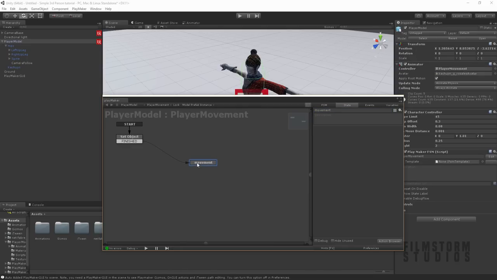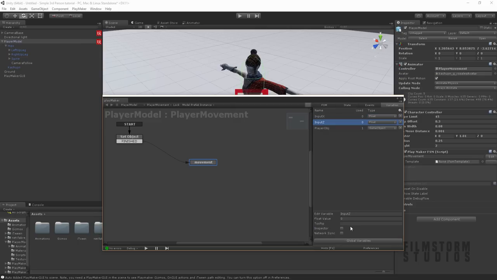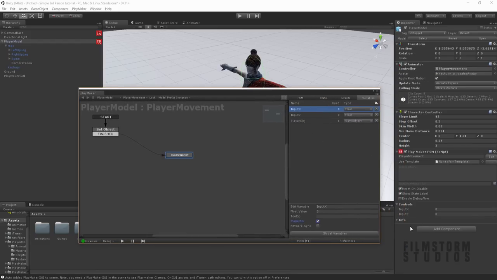We're going to create our movement. So this is going to be all our movement. We're going to need 2 float variables like we had in our other one. We're going to call them input X and input Z. Lovely. Let's drag these so that we have these 2 show up in our inspector.